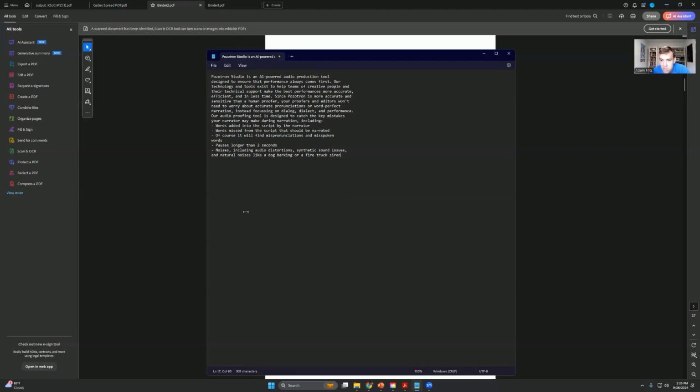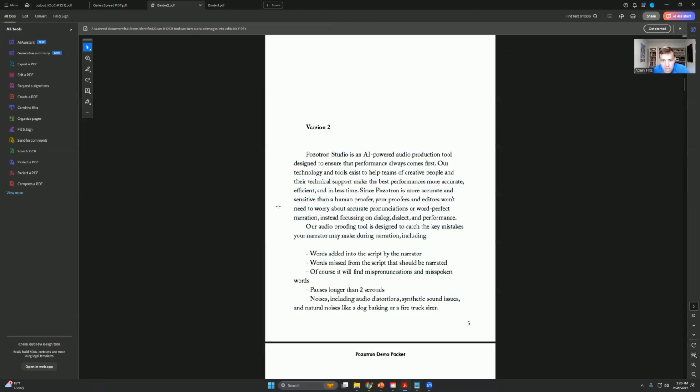And there's another one in the chat. Just a reminder, please use the Q&A box. But how does it, I'm assuming it meaning Pozotron, handle page numbers or section titles? Again, if that text is included in the script and you don't read it, so if you didn't read on this page version 2 and you just went straight into Pozotron Studio is an AI powered, it would show up as, oh, actually, wait, let me rephrase this. At the very beginning of an audio file, if you didn't read version 2, that would show up in gray text right above the